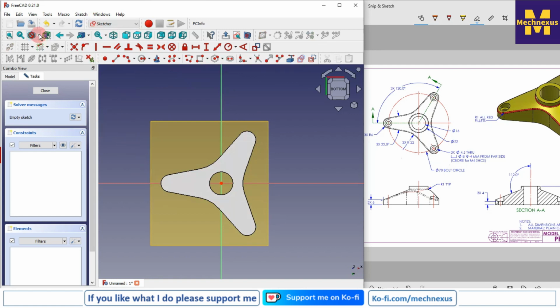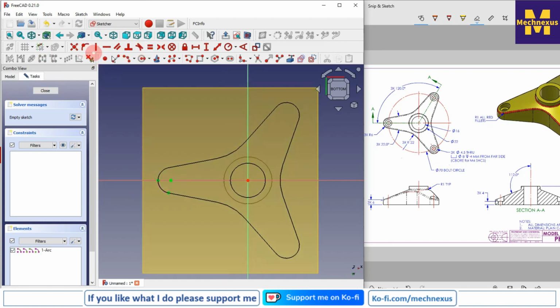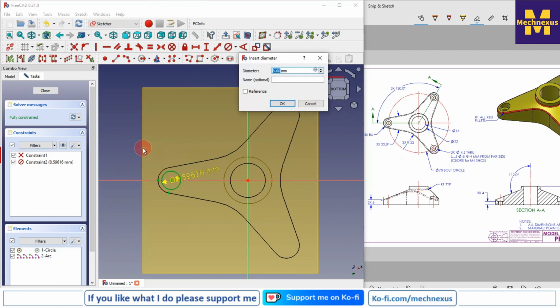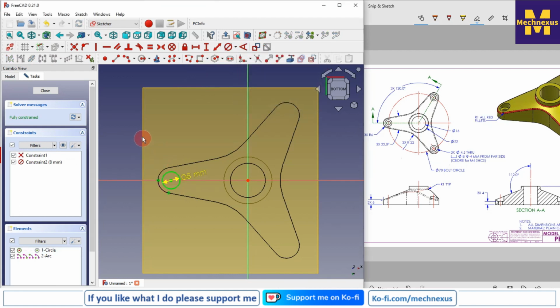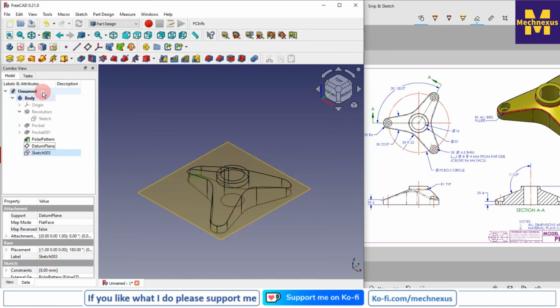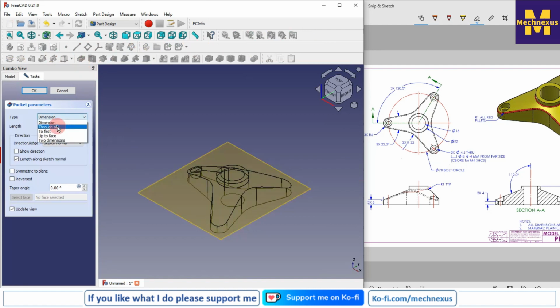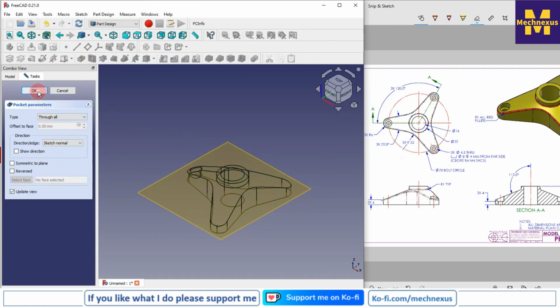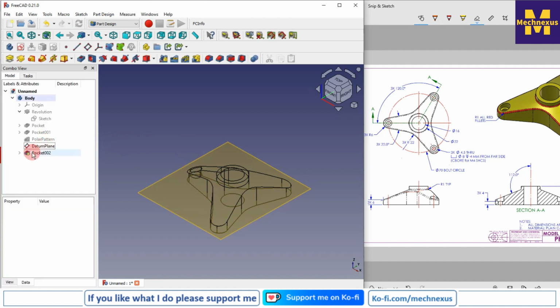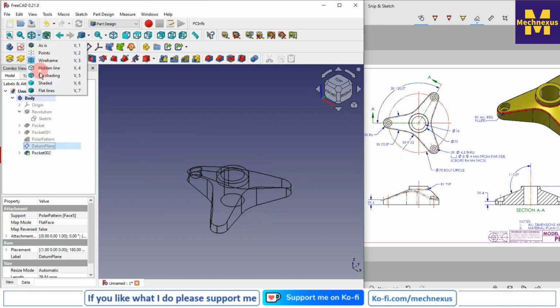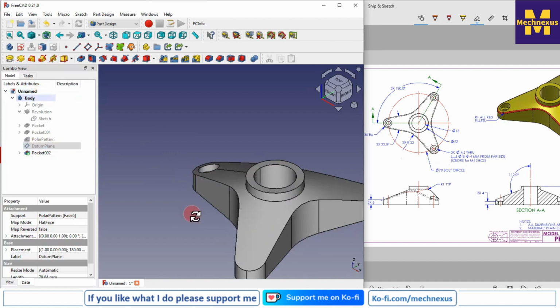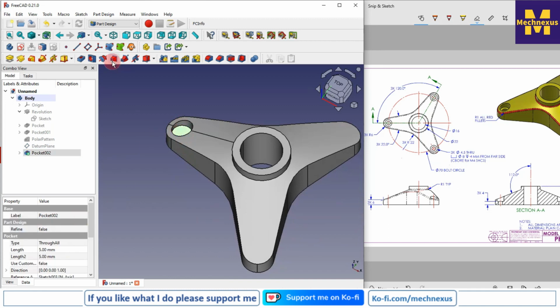and I will switch to the wireframe. And now here I will create a circle and give the diameter of 8 mm. I will close it and click on the cut, and from here I will say through all from the top side, click on OK. I will off the datum plane and switch to the flat lines, and now I will select this face and